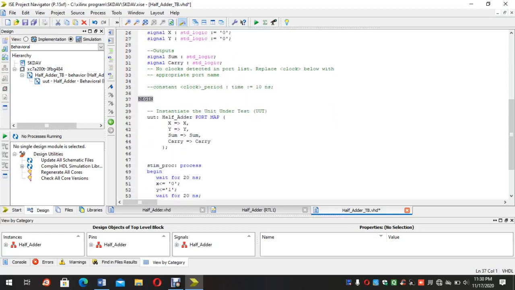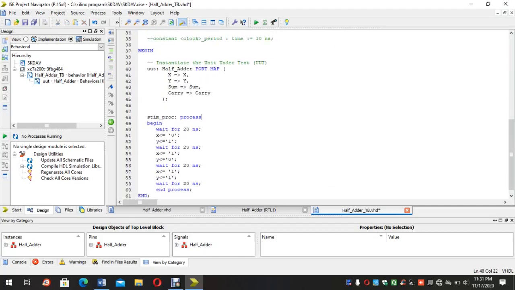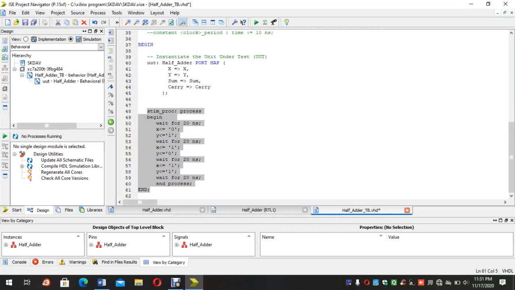Then after the begin, in this part, we have to port map the internal signals and ports to enable the test bench to inject input and read its output. We map signals to ports using the keyword port map. This one is the keyword port map.